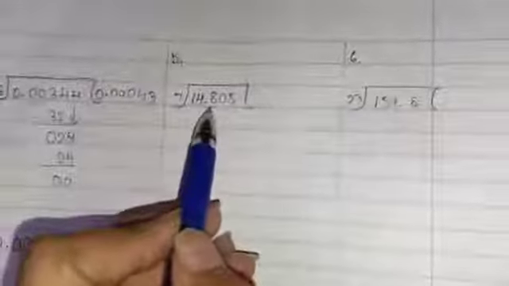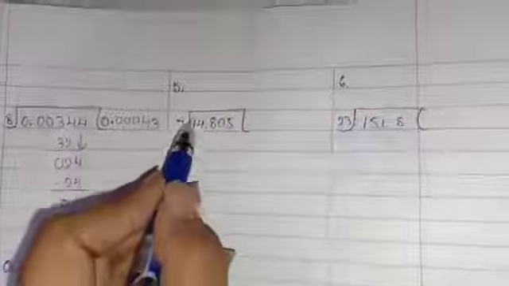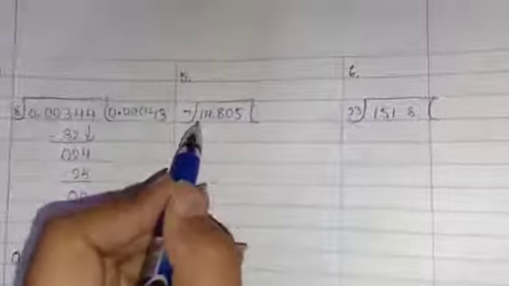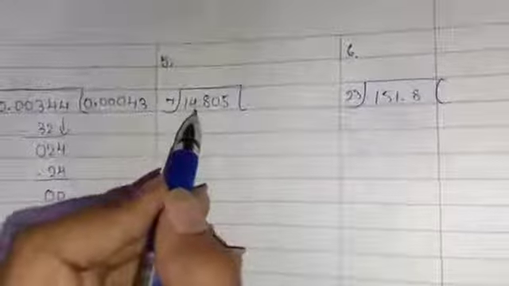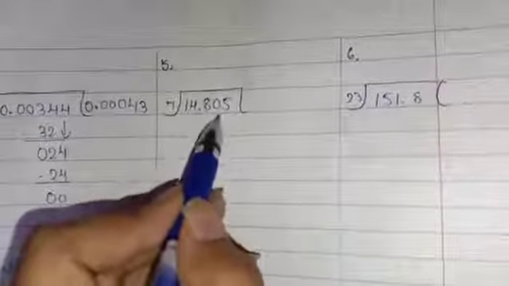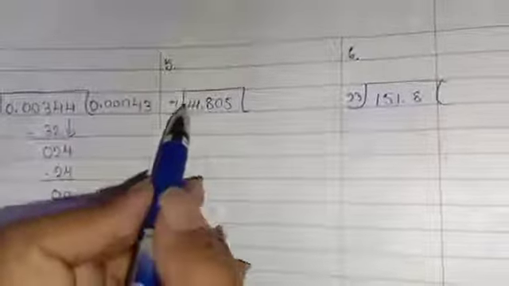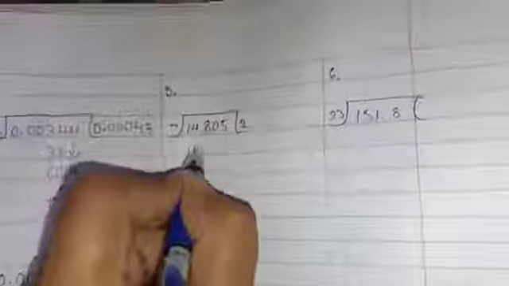Okay. Now we will go to number 5. It is 14.805 should be divided by 7. Now here we will take 14 first. Two digits like this is not a problem because we are doing it in the beginning. In the beginning we can take them, but in the middle you have to take a single digit only. If a single digit is not possible, and you take 2 digits together, then you have to put 0 in the middle. Now 7 2s are 14. First of all I will write it down. It is very simple.